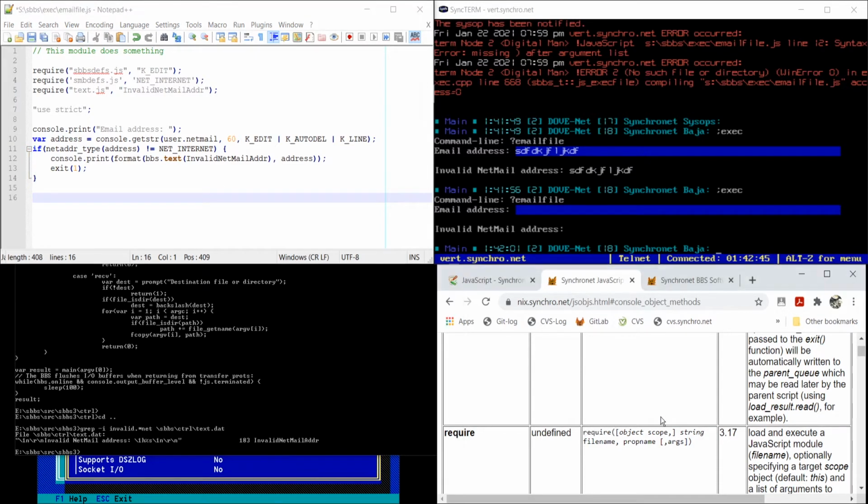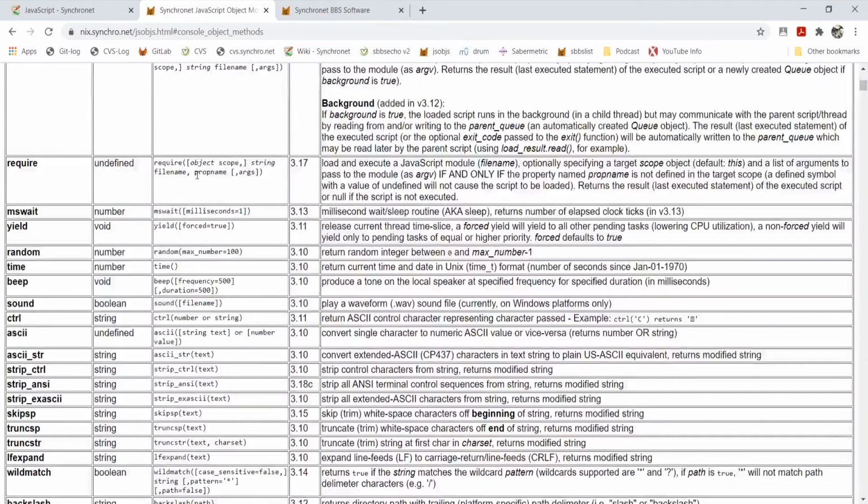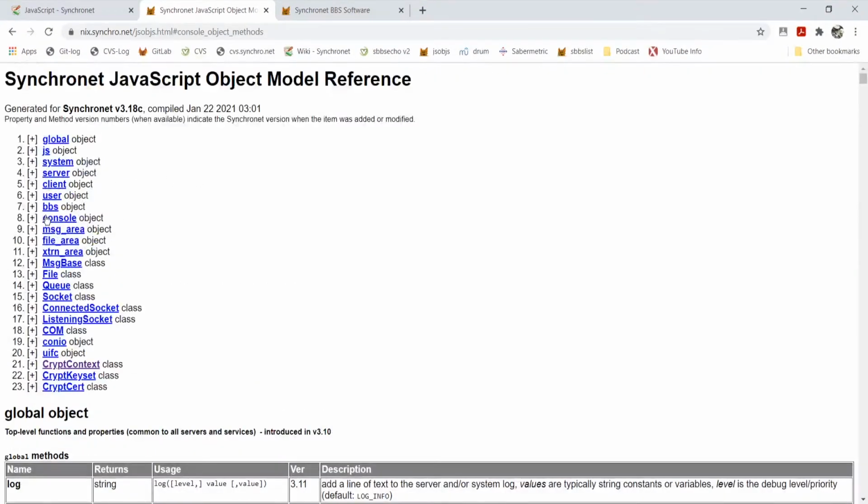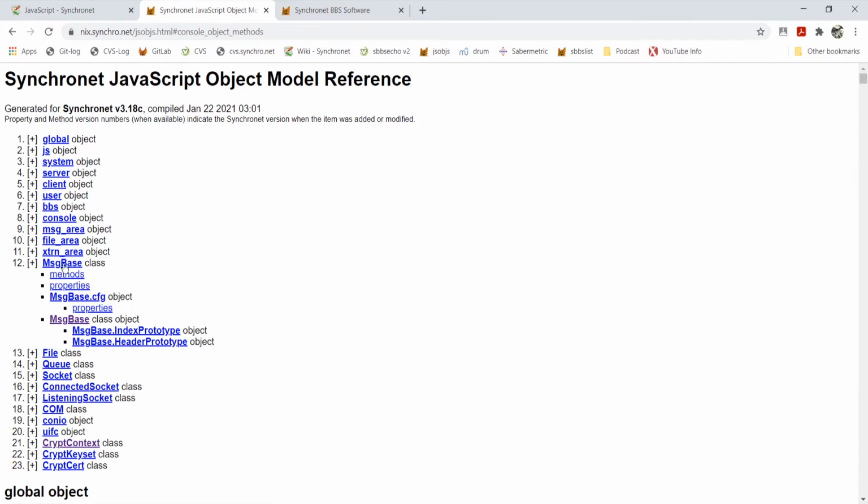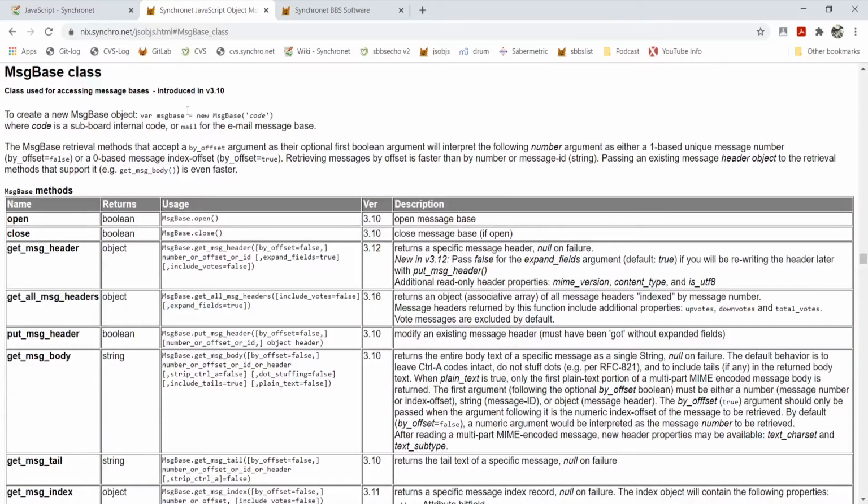There is a message base class in Synchronet. So again, bringing up this reference and going to the top, you see message base here. And you see when you construct a new message base object, so just while you're accessing a message base, you need an object instantiated. It's an instance of this class. Use this syntax here. And it says where code is a subword, internal code, or mail for the email message